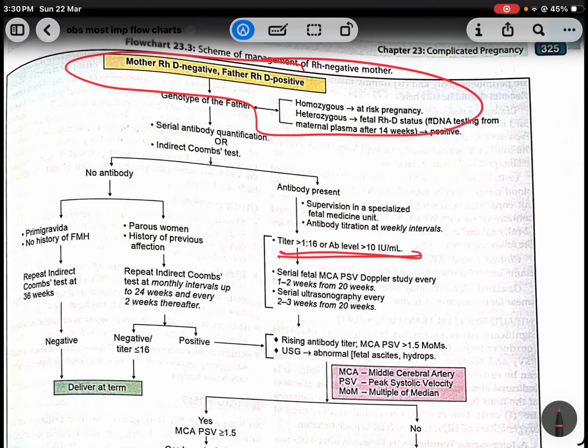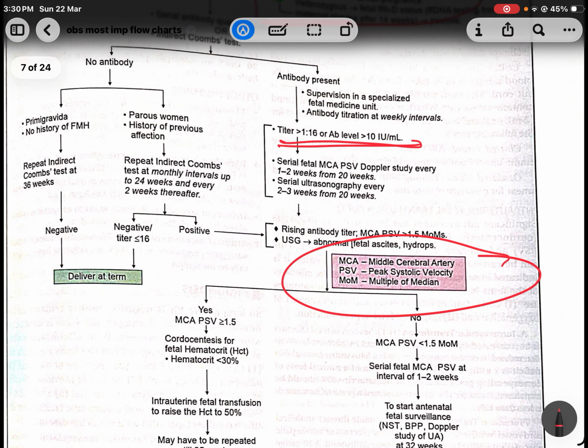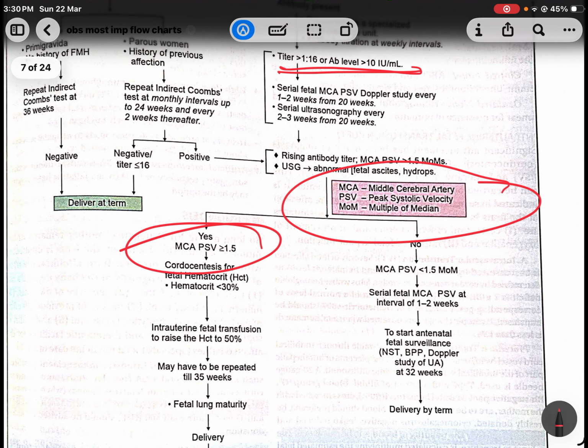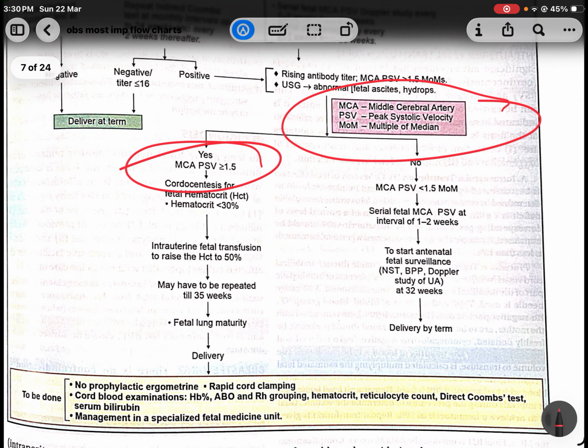And again, based on titers, if it's positive, then obviously you're going to check for fetal anemia by middle cerebral artery peak systolic velocity. Again, if the fetus is having a problem, then you will check the gestational age of the fetus. Then based on that, you can go with intrauterine fetal transfusion by checking hematocrit. That is the major thing. Then based on that, you can either go for